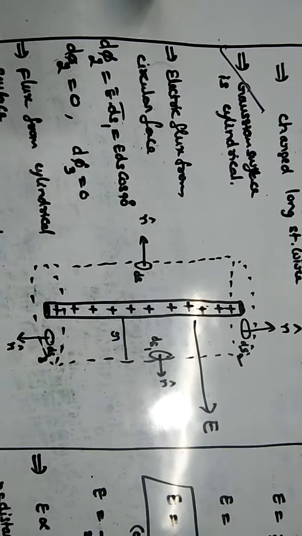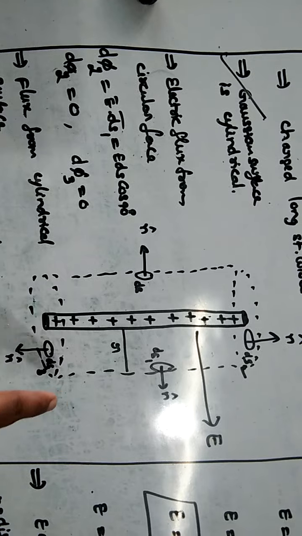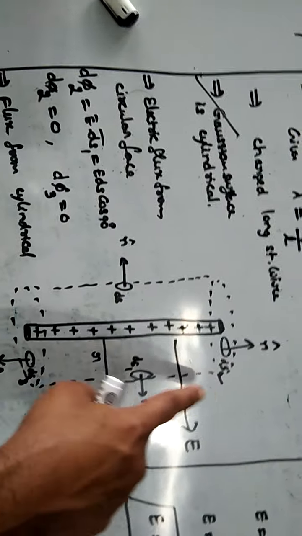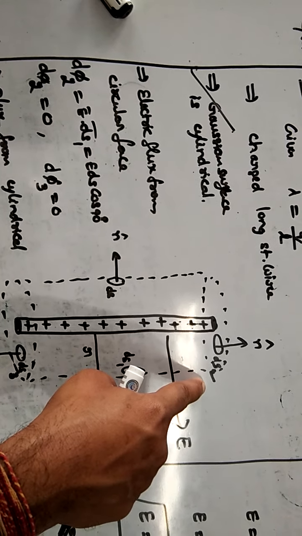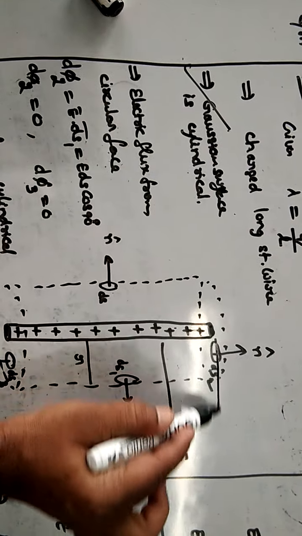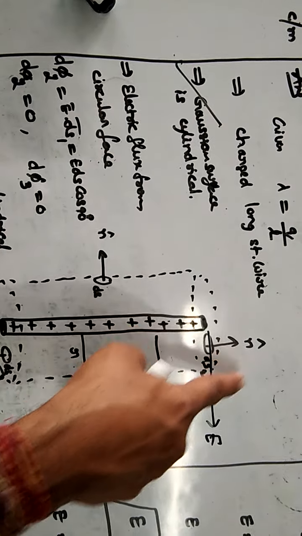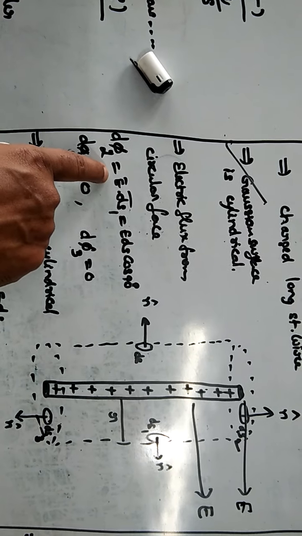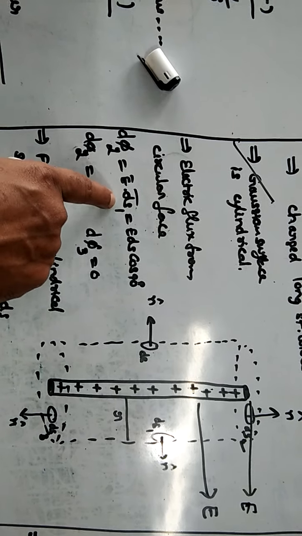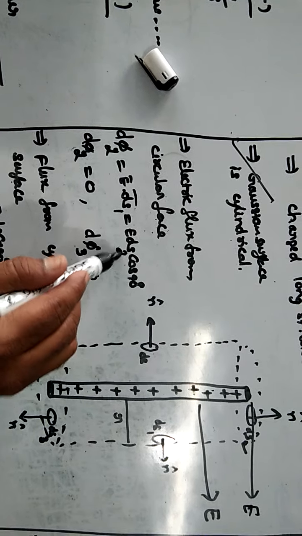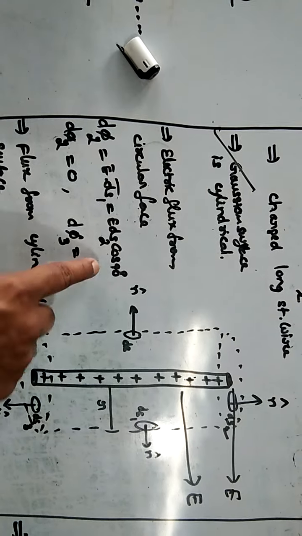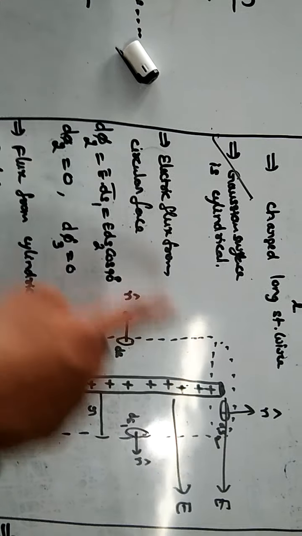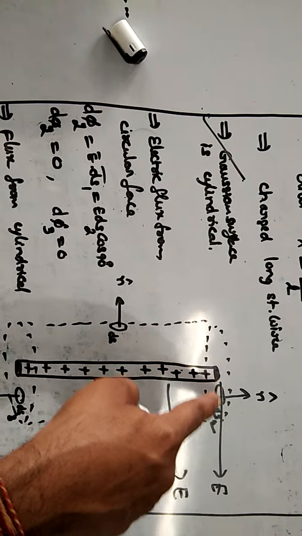So automatically I can understand from which surface flux is coming and which surface flux is not coming. Apply here ds2. From this surface, how much flux is coming? See, electric field is acting like this. Electric field and n cap both are perpendicular. So from Gauss theorem, d phi 2 flux is equal to E bar dot ds bar, EDS cos, what is the angle between these two? 90. So cos 90 is 0, 0 into something is 0, flux is 0. That means from this surface flux is 0.